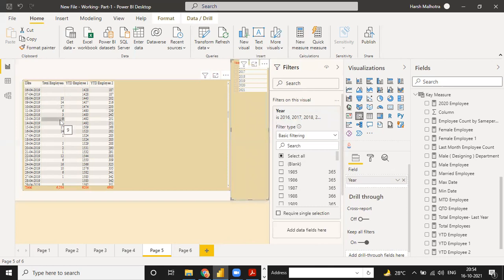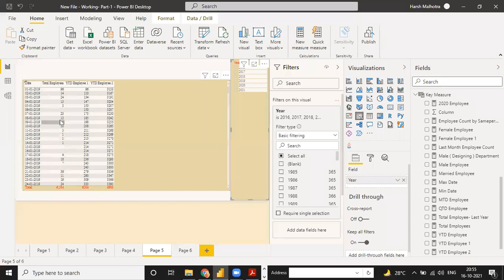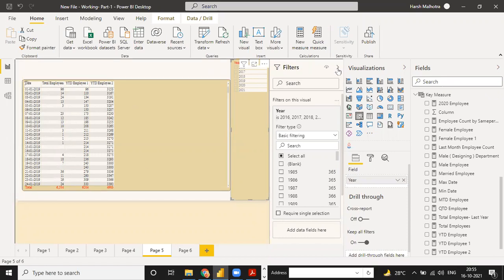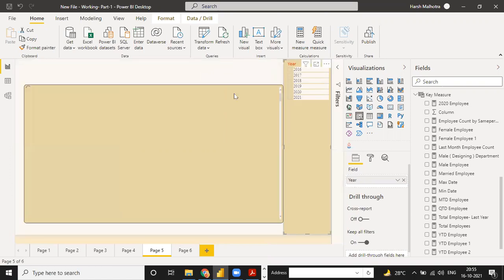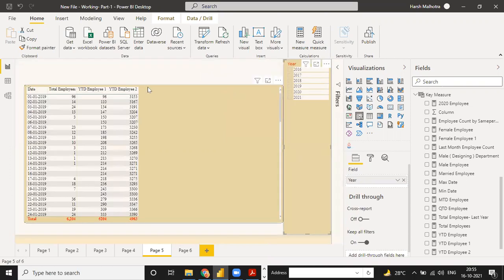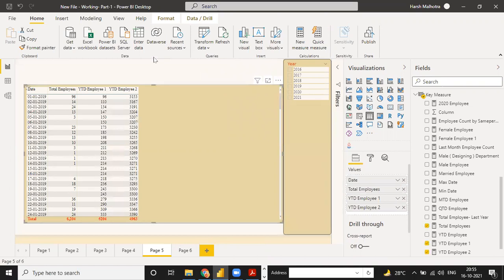Sorry, I have a lot of data in this Power BI, that is why it is hanging.